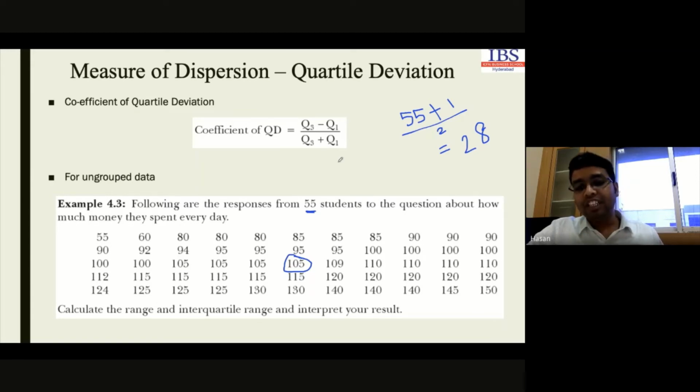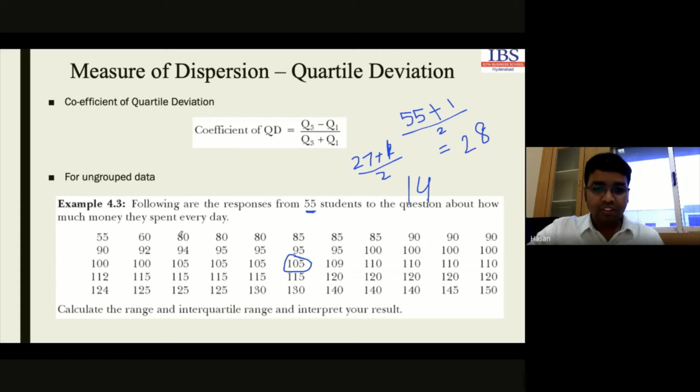We will have to identify the median of this. So up to this point, this is our median position. Up to this point, how many data points are there? This is 28, so on this side there are 27. So 27 plus 1 by 2 again gives the median position, because 27 is again odd. Divided by 2, that means 14. So the 14th position will be the first quartile position.